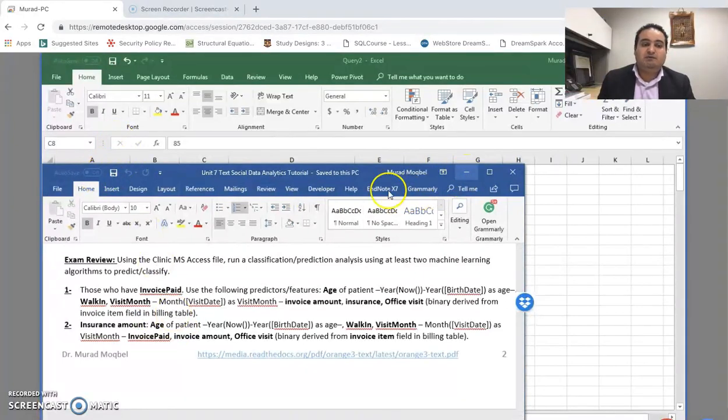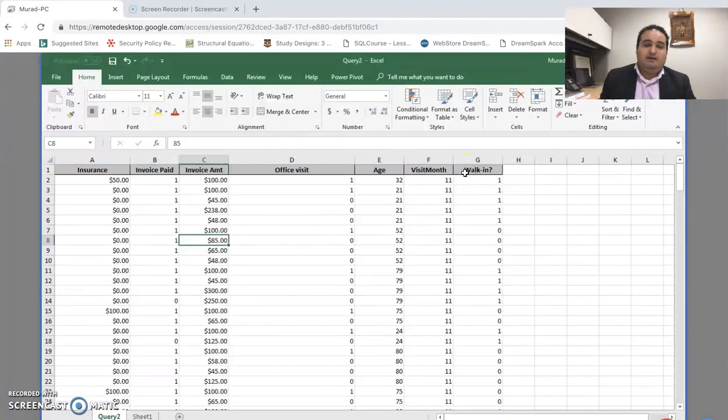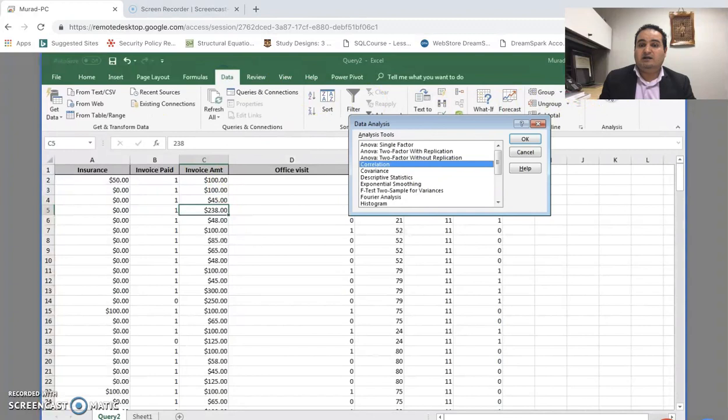Since it is multiple regression, I might ask you to run it in Excel and tell me, let's say, what the R squared is if you used Excel, right? We have done this one in one of the units before, but let's do it one more time here as a refresher for the exam. So to run regression, I will do the same thing. I will go to Data Analysis, and then Regression from here,